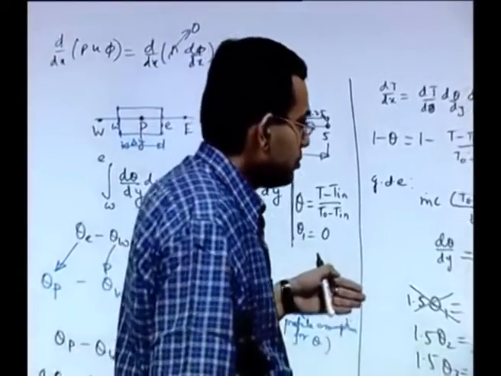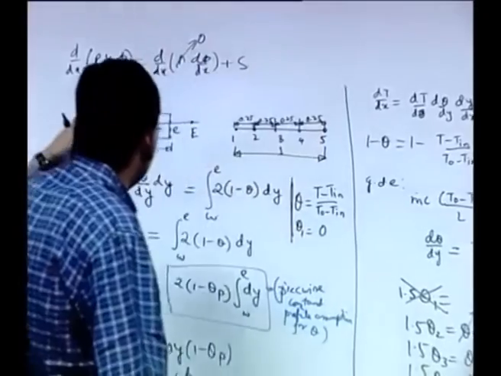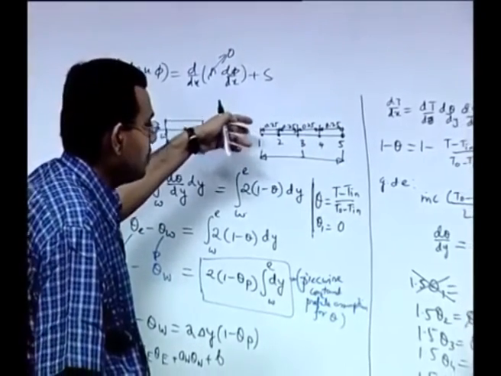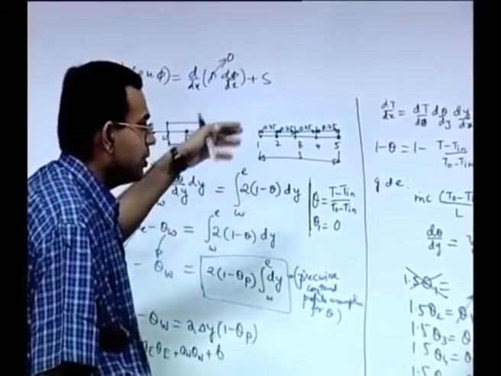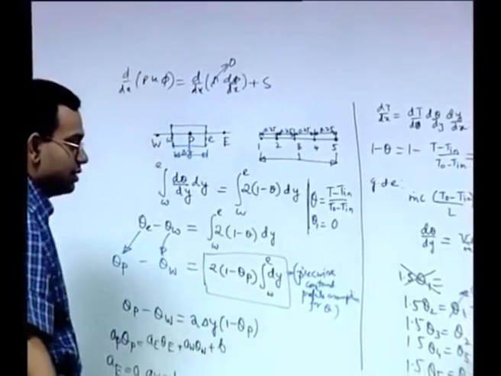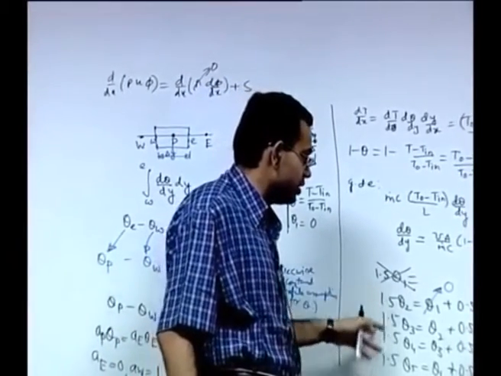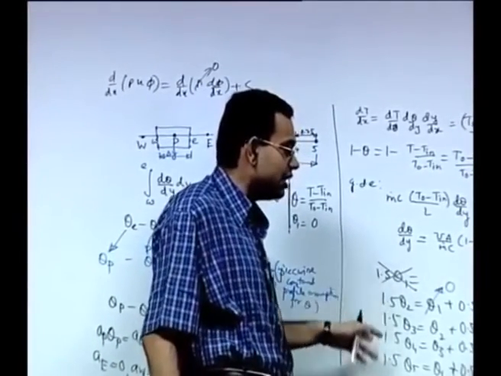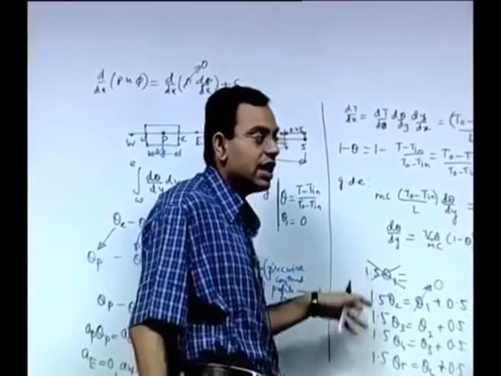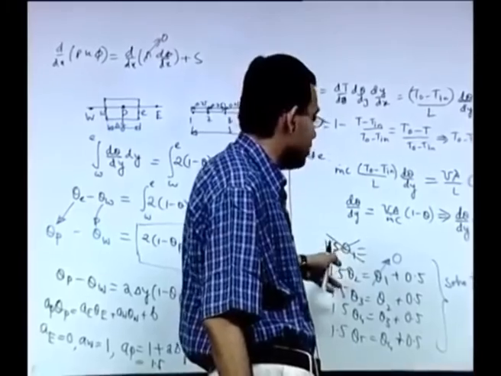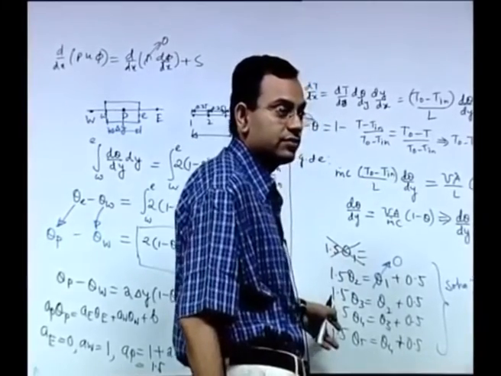Now, you march from left to right: whatever is the value at the left, depending on that you get the corresponding values at the right. How can you check it from these equations? You can clearly see that although these equations appear to be a system of algebraic equations, they may be solved explicitly one after the other.